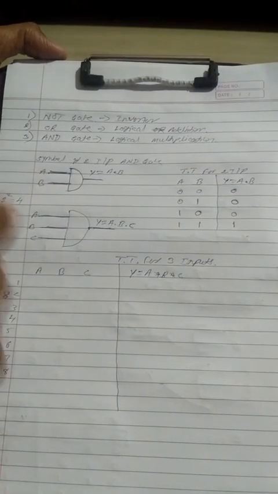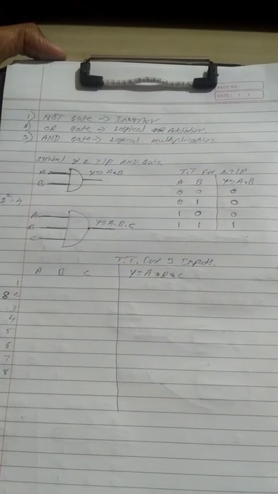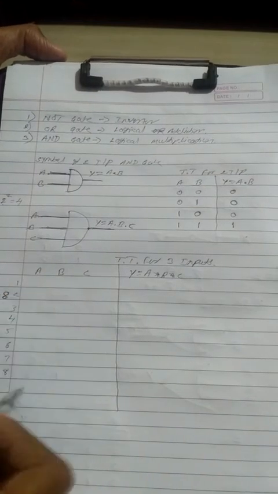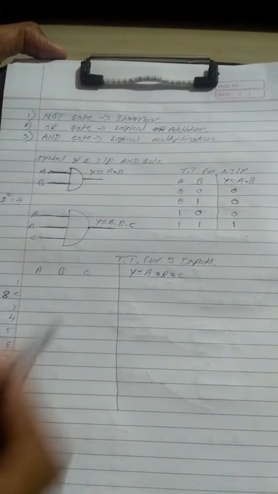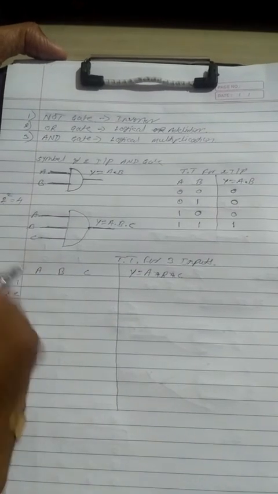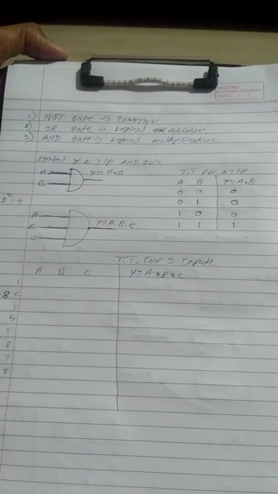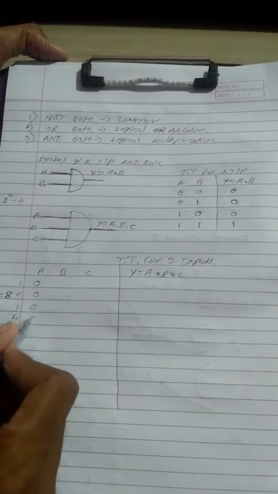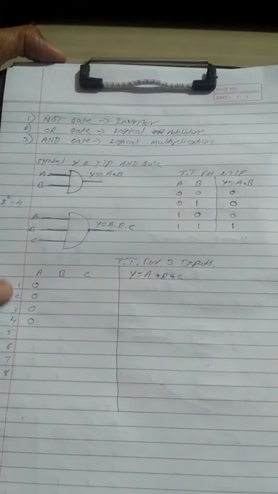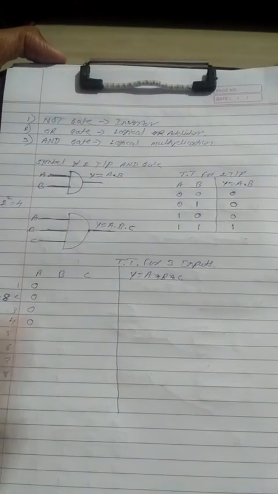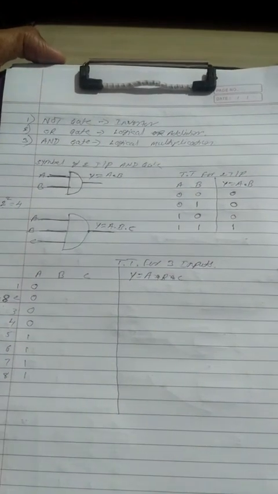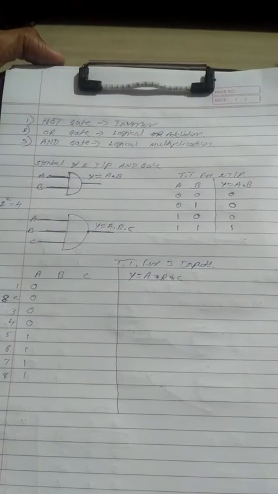So I'll show you how to take the inputs, because sometimes you get confused about how to get the inputs. First I will take the A inputs. After that I will write the B inputs, and then I will write the C inputs. While entering the A inputs, the first 4 rows are 0 0 0 0, then the next 4 rows are 1 1 1 1. This is for A, the first input.